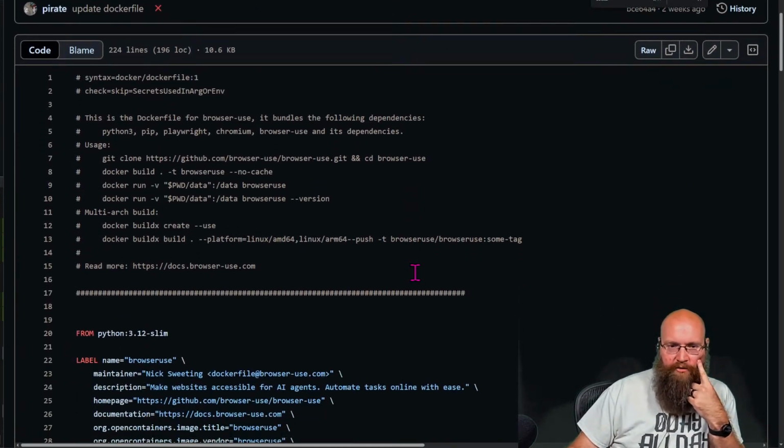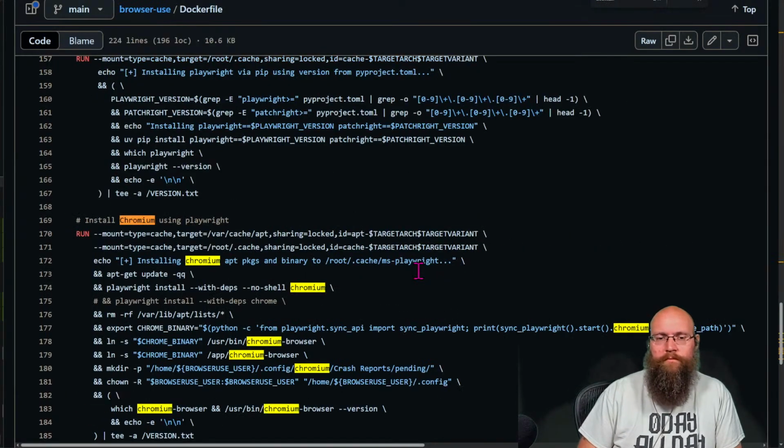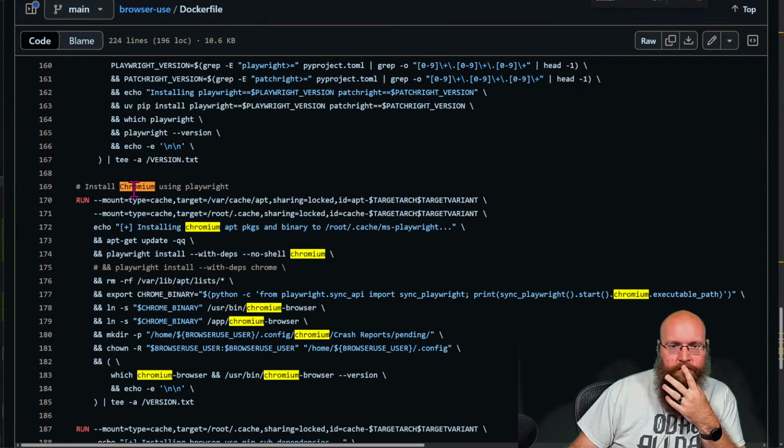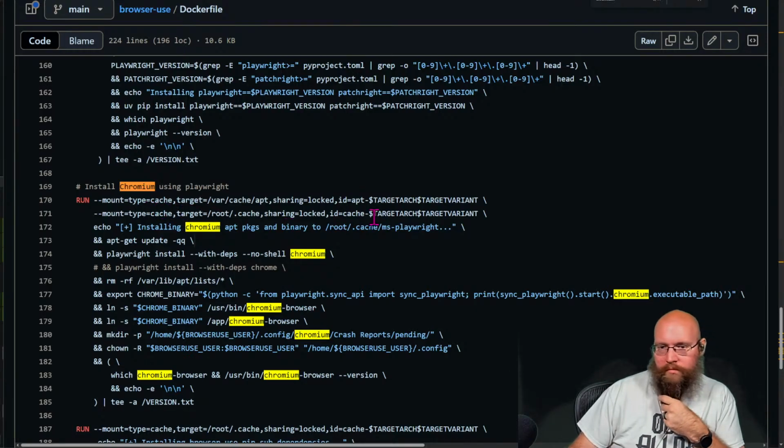See, so if we look at the Dockerfile here, this is install Chromium using Playwright. So, no. No way.